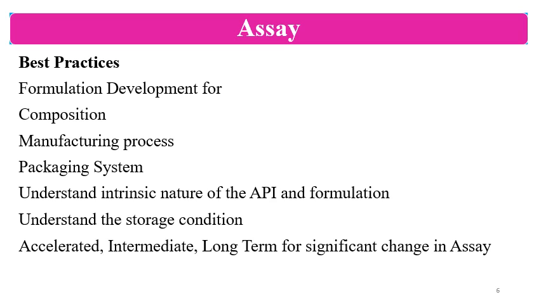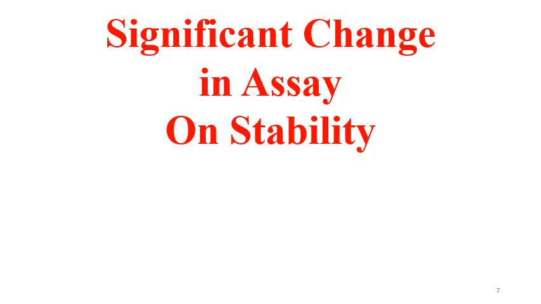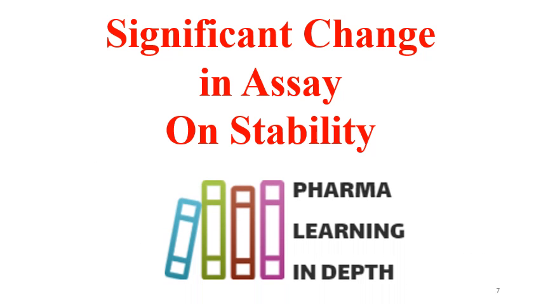Whenever there is change in accelerated stage, go to intermediate stage and see whether there is similar impact or not, and then go to long term stability condition to study whether there is significant change in assay or not. So if it is only at the accelerated condition, you can have the data of intermediate condition. So this is regarding the